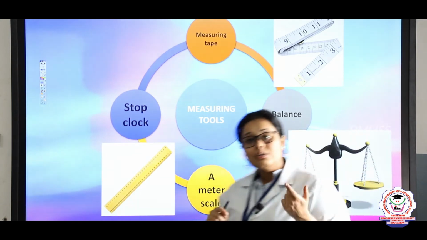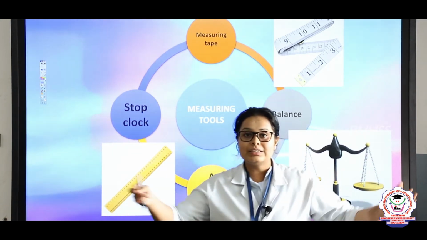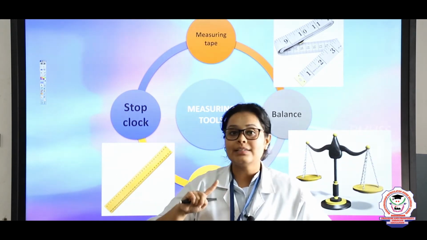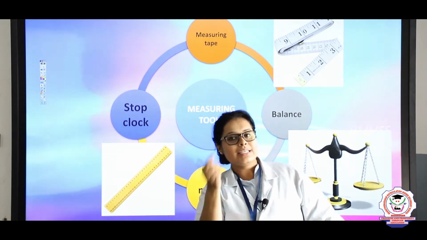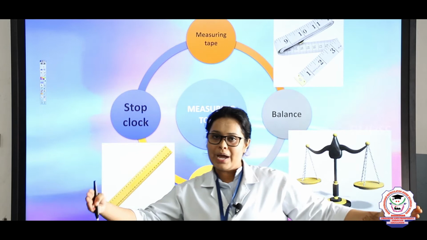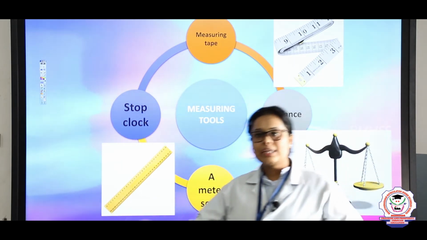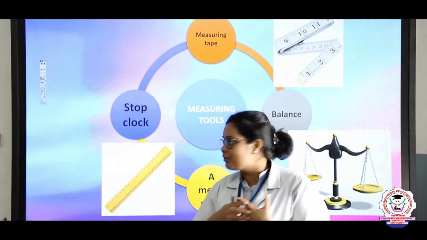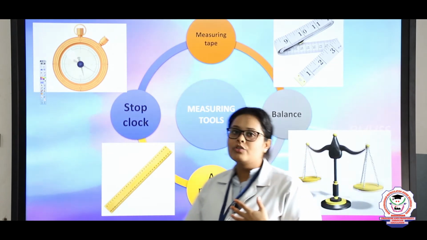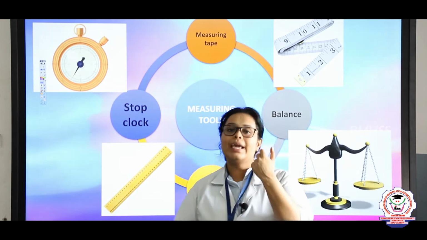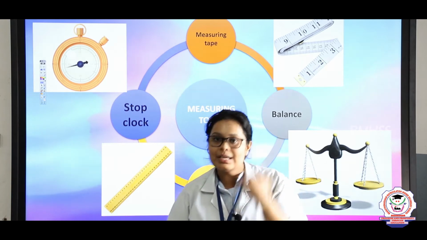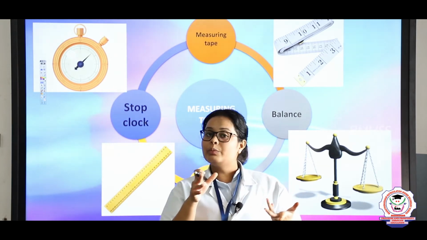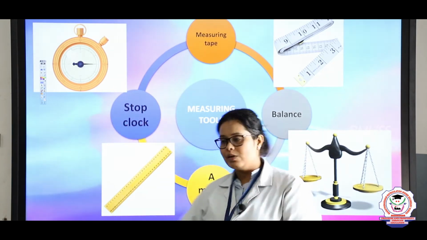The meter scale can also be used to measure cloth because it is just a 1 meter scale, but the measuring tape here is 60 inches. So there is a difference between 1 meter and 60 inches. If you want to buy just 1 meter, then you will use a 1 meter scale, and especially in schools we also use it in physics labs to do experiments, right students? And the last one is the stopwatch. The stopwatch is used to measure time, and the stopwatch I am using will tell you how many seconds, even minutes and seconds it will note down. So that is why here we have taken the stopwatch, right?